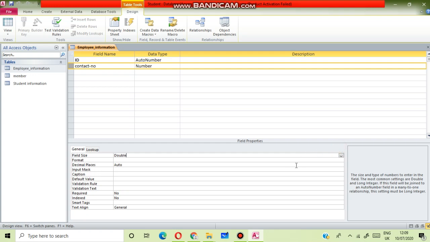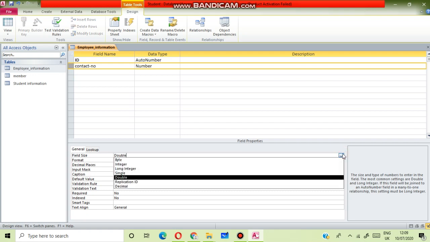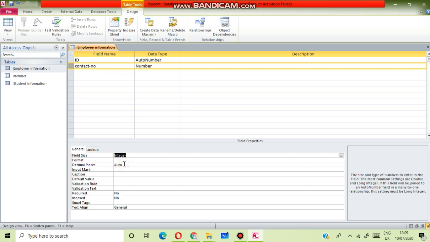Now next, how will you change the field size? Suppose this is number. If I want to change this field size into integer, okay, you can see how you change the field size.